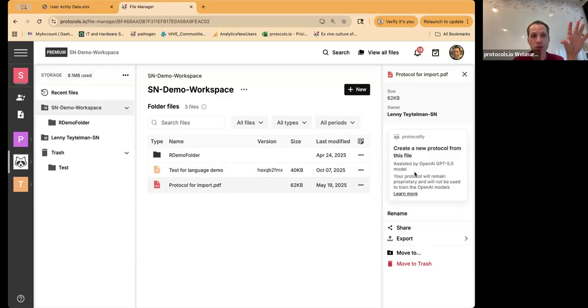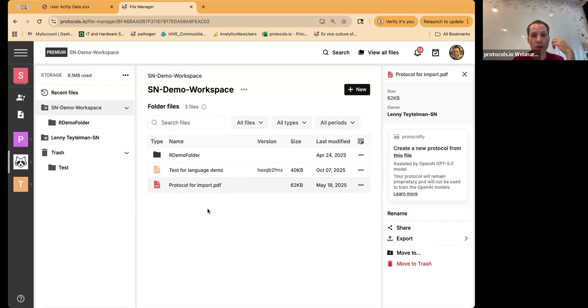Your protocol doesn't go to train their model. It stays private and proprietary to you. But instead of you manually copying and pasting step by step and pulling the protocols in, you can quickly create a draft. It's not perfect, but it captures